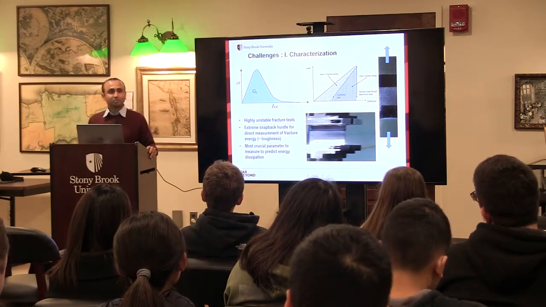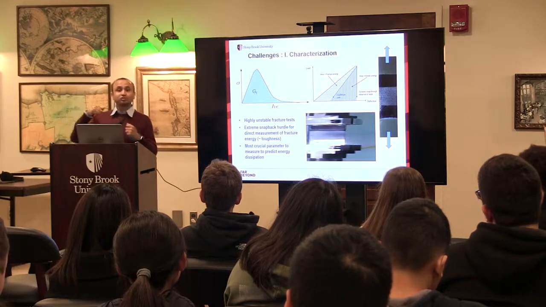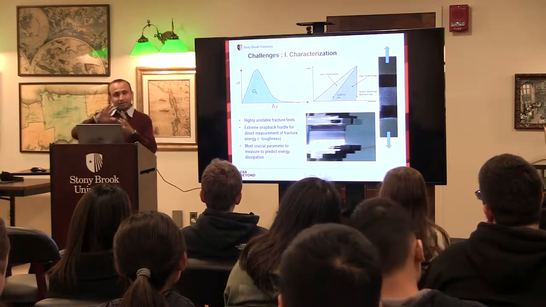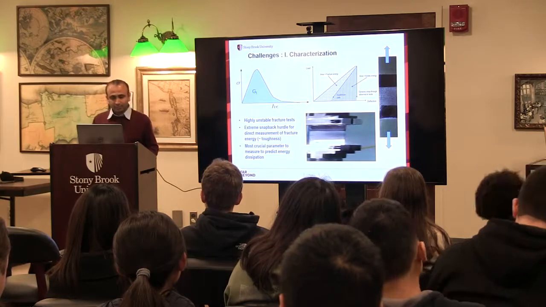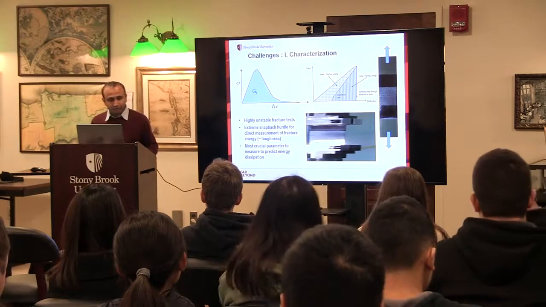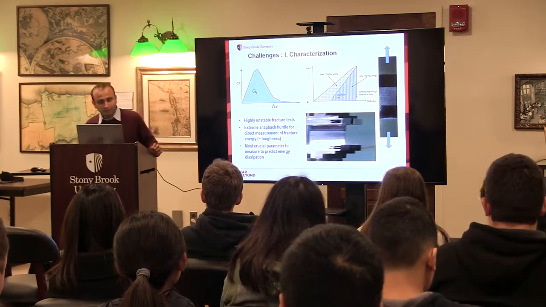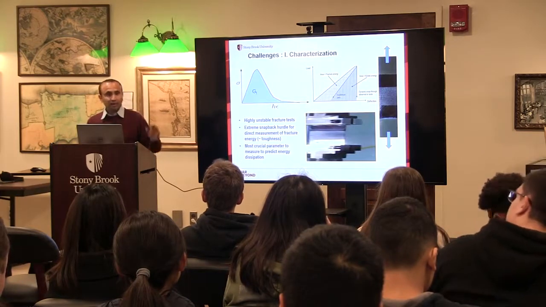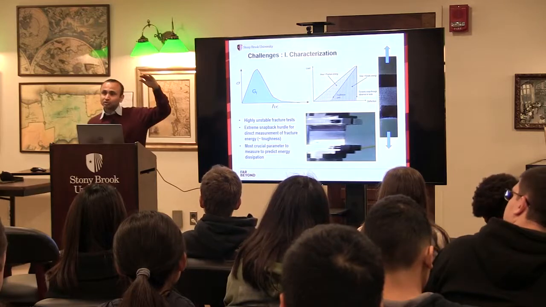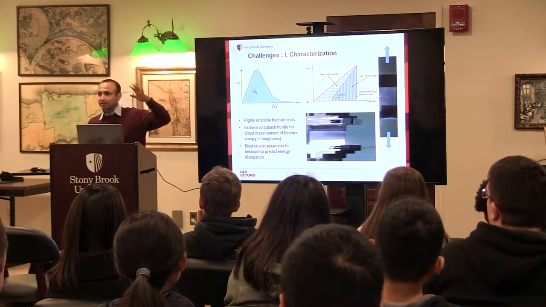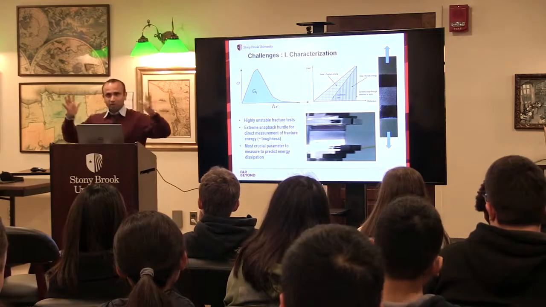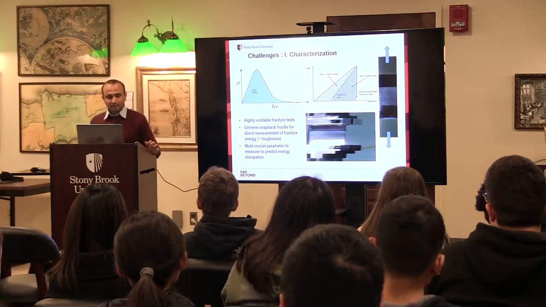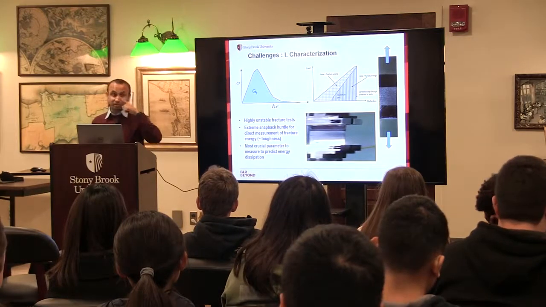The problem is for composites, because they are so strong and so stiff, as soon as they reach that peak here. Look at the blue colored plot: typically for materials after reaching the peak, the crack starts to grow, and then the load starts to decrease at increasing elongation, deformation. And this area shown by the blue color is the fracture energy.